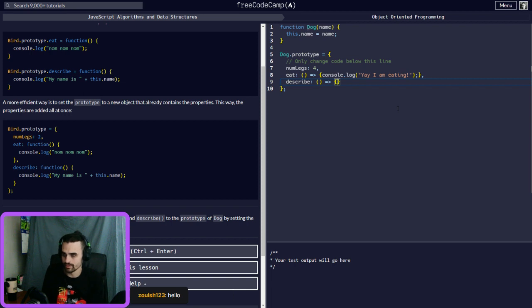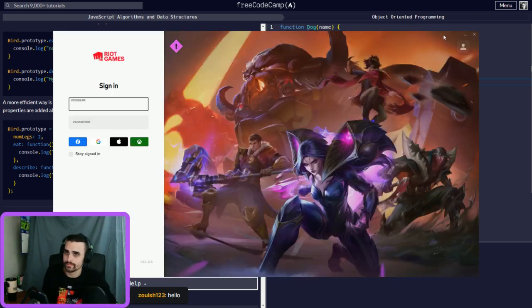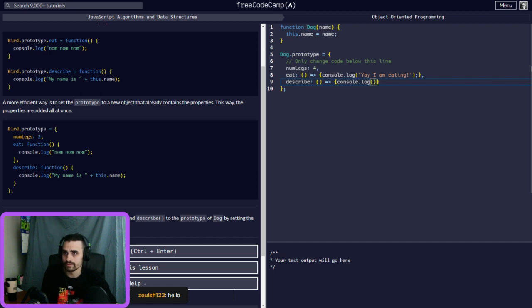So let's do console.log. I hit a button and it decided to do that. Console.log. Remember, now we're going to use the backticks, because we're going to be using a variable in here.